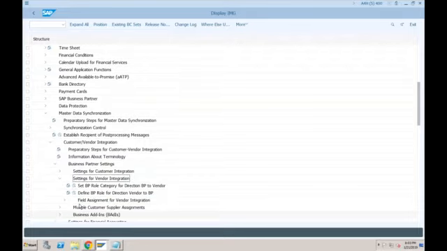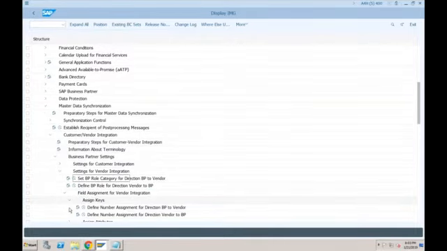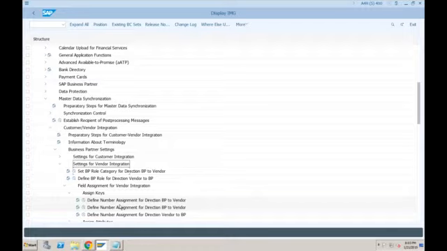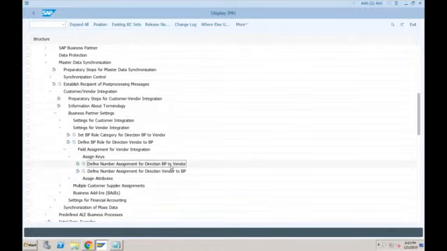Go for field assignment, assign keys, and this is a configuration which is direction BP to vendor. What do you mean by direction BP to vendor? In SAP S/4HANA, as I told you, you cannot create a vendor before you create a BP. So BP will always be created first, and then based on the BP, the system will create a vendor.